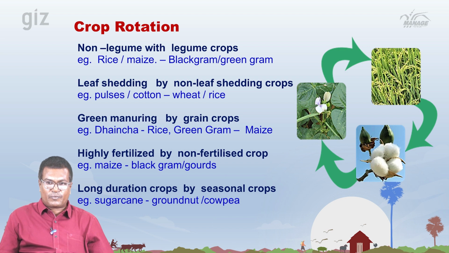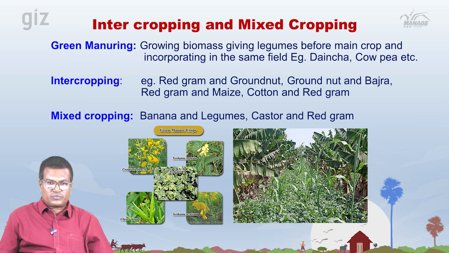This is the kind of crop rotation we need to practice. And then intercropping and mixed cropping. So green manuring crops, intercropping crops, mixed cropping crops. So banana and legumes as a mixed crop is the best example, and castor and red gram grown together is